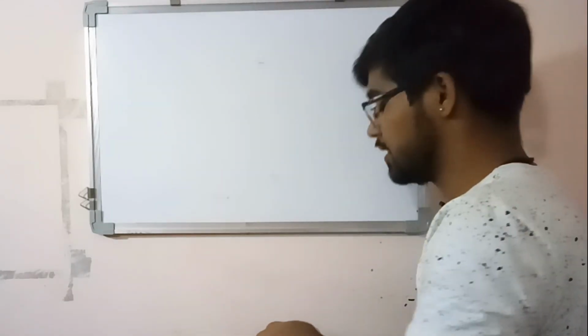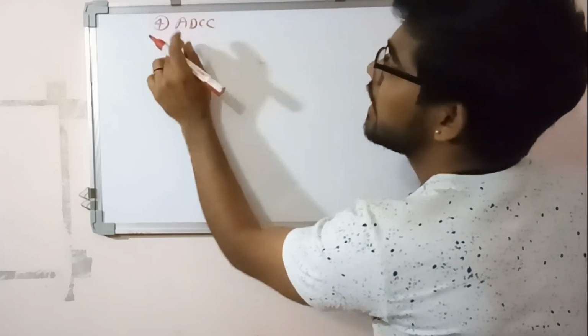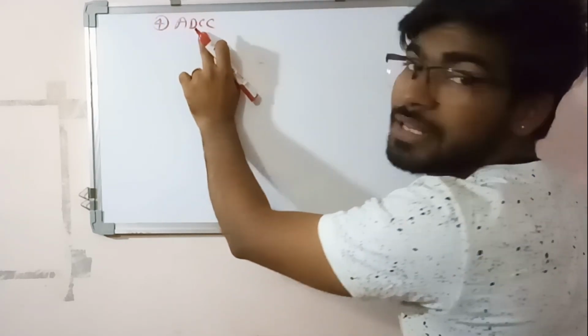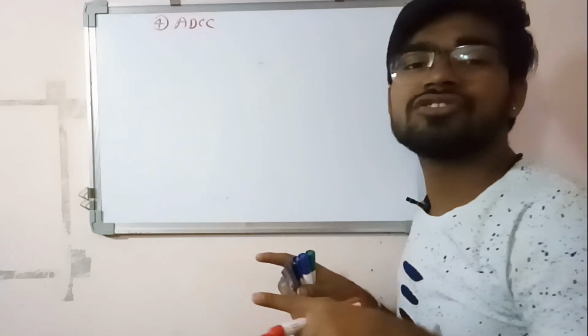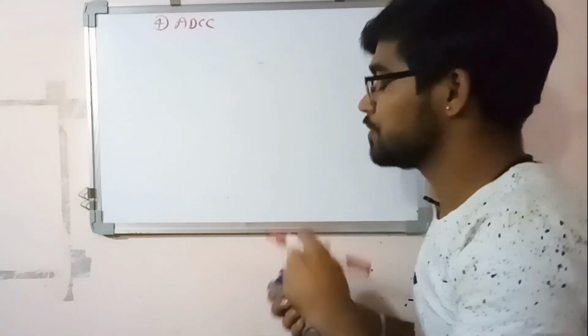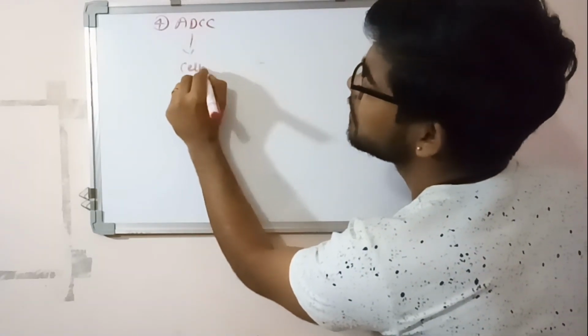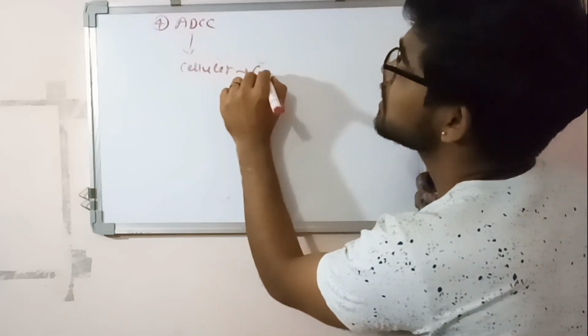It is ADCC, antibody dependent cell mediated cytotoxicity. It means it requires both antibody and cellular response. So here both types of response are involved, cellular, in which there are cytotoxic cells,